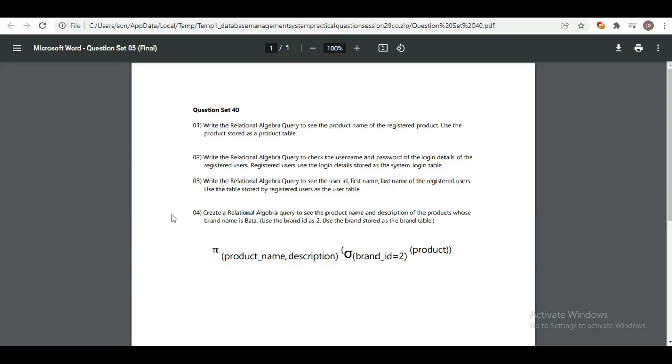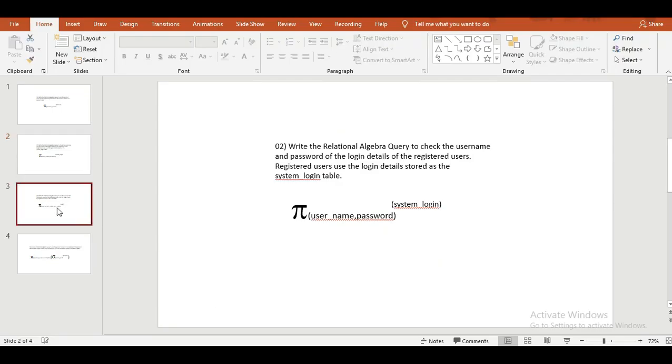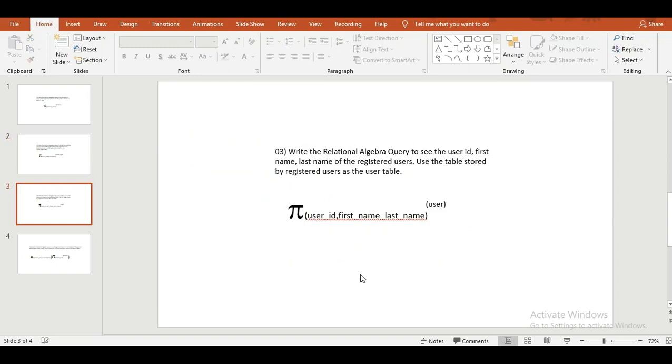And now in the third question I've been told to write the relational algebra query to see the user ID, first name, last name of the registered users, and for this I need to use the user table to create this relational algebra query. So the answer for this question will look like this, and in this also I first used the